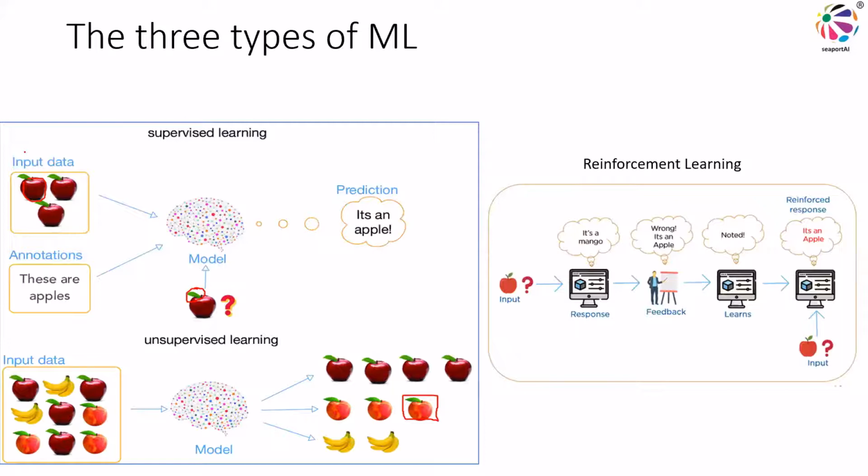In the second example, there is no reference. All that the software is trying to do is group it into different segments. So this is one segment, this is another segment, and this is another segment. If I feed a pineapple, how will it treat it? Will it make another segment for it? It will try to make another segment, or